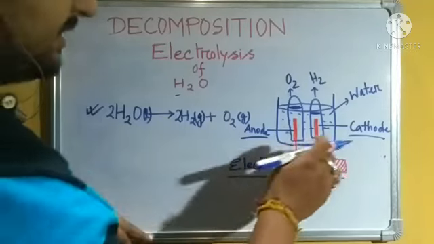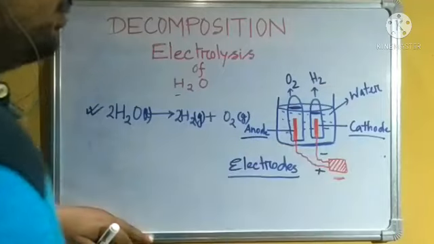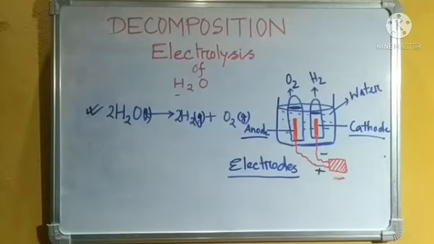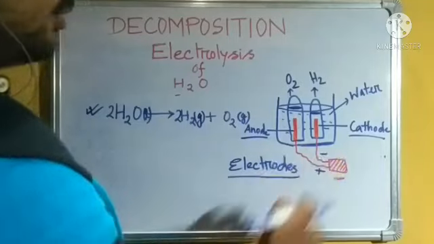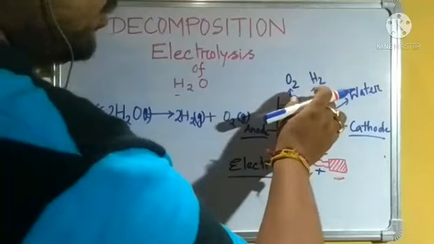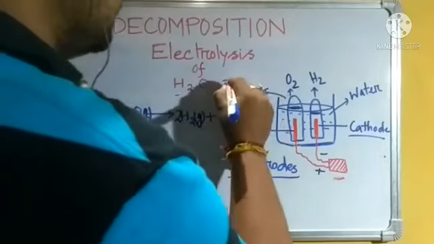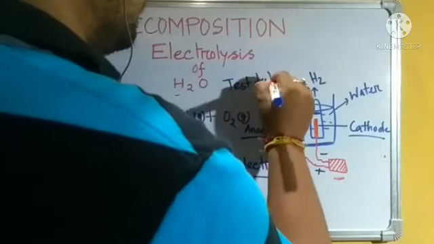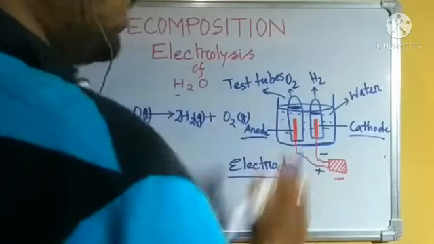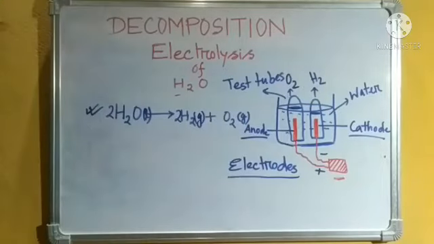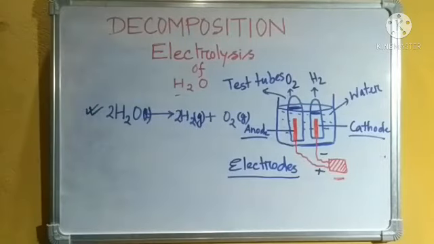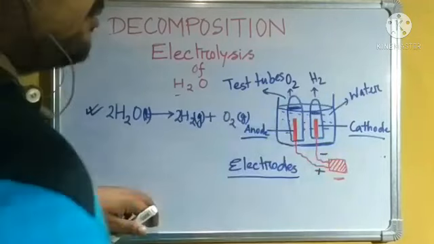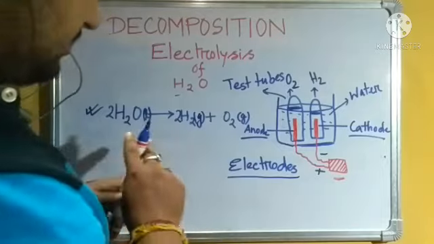So what happens generally once we connect this electrode to the battery? We will get current over this electrode, so current will pass here, and these are the two test tubes. These test tubes are filled more than half with water, up to here. Clear? Now what you will observe is that once electricity starts flowing over the electrode, we will see the